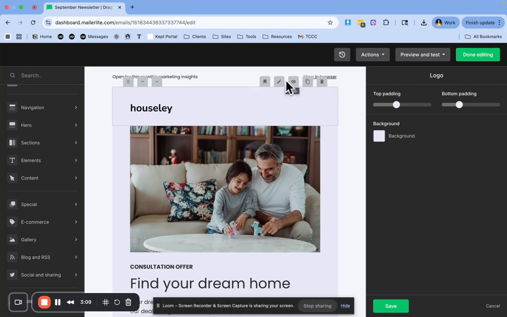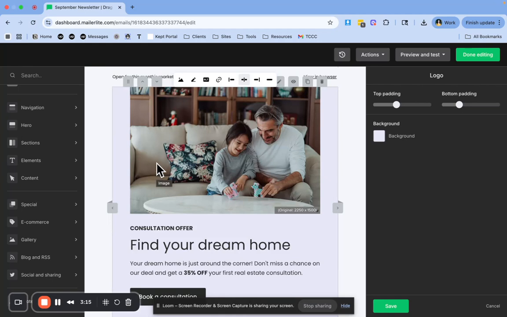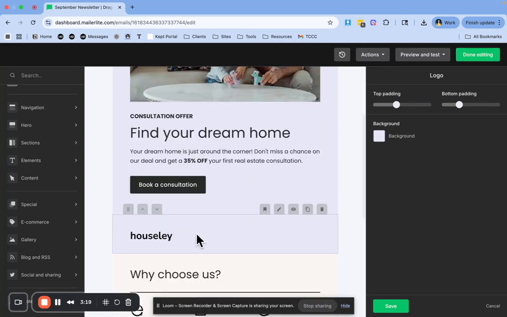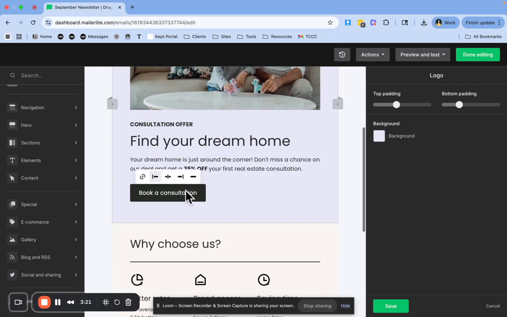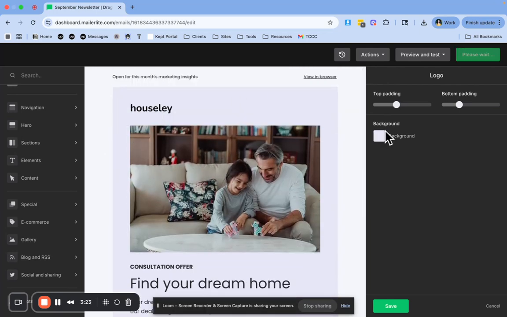I can save it, I can edit it, I can copy it, delete it, move it up or down. I just moved it down. And now I can move it back up. Or I can change its background color. So let's say